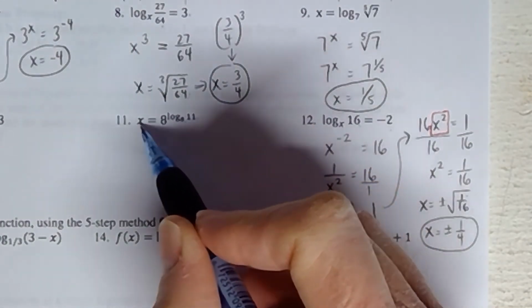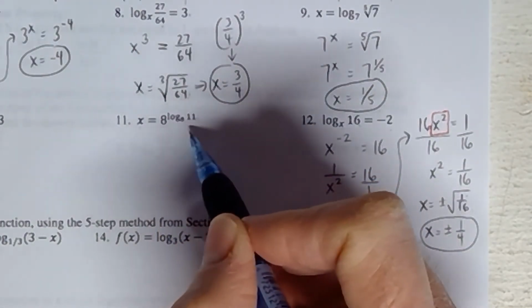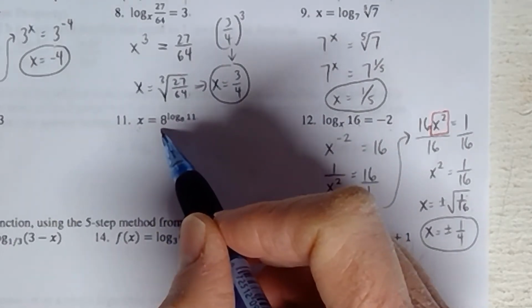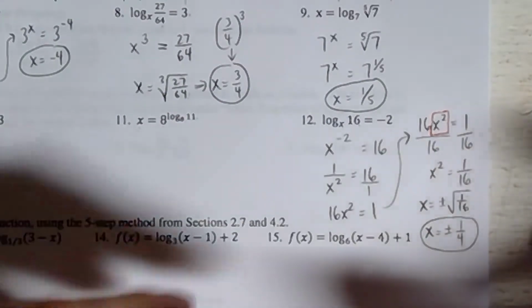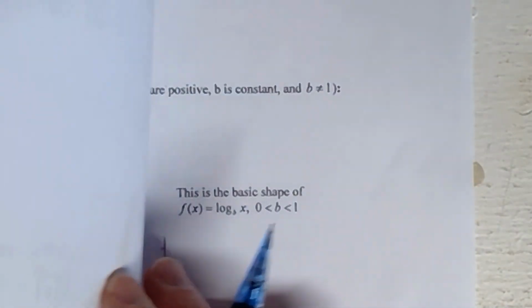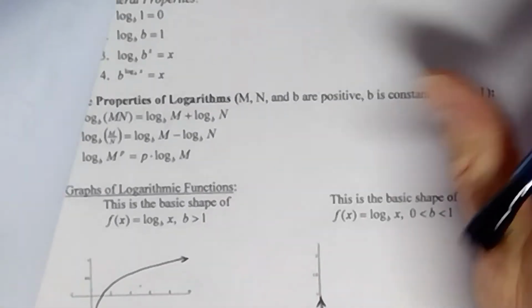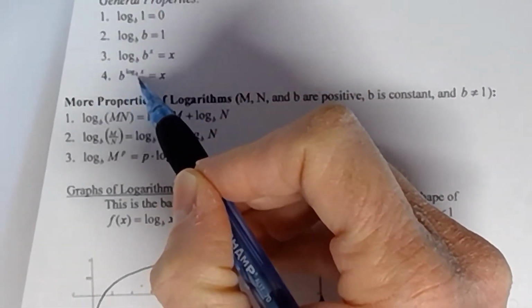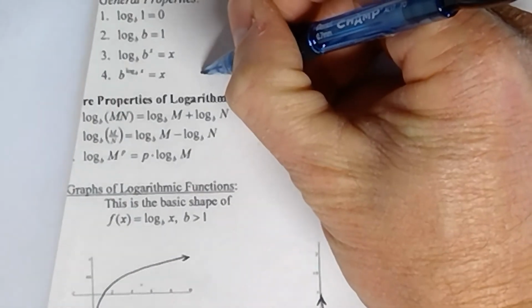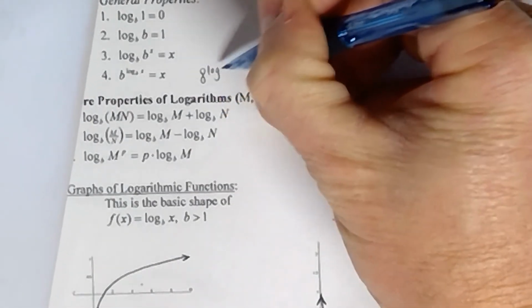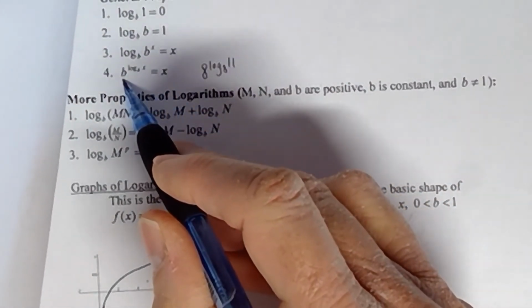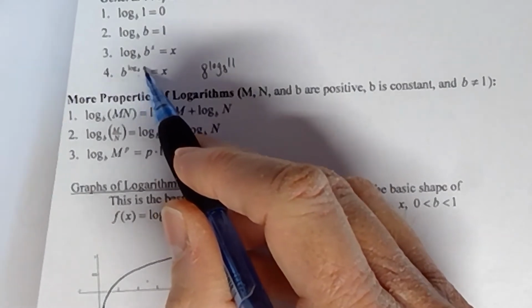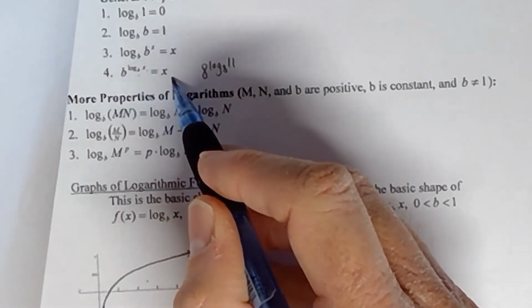Isn't that always true? If you've got x by itself, as long as it's not on the other side, you just need to figure out what the other side's equal to, and you're done. And as I just showed you in the previous one, let me flip this back over. That property where I said it's kind of hard to explain, but you just have to follow it here. If the b and the little b are the same, let me write that down here. 8 and the little 8. Okay, if we follow that same rule here, if we've got 8 here and the little 8 here, then this